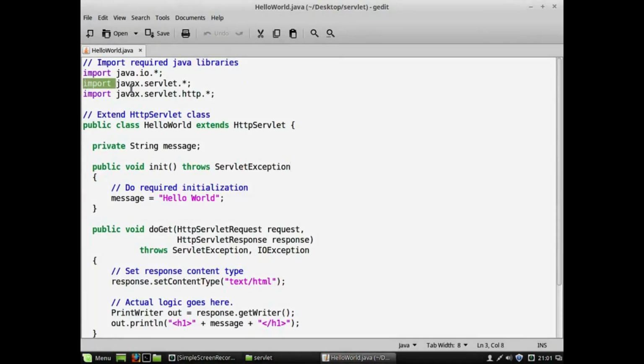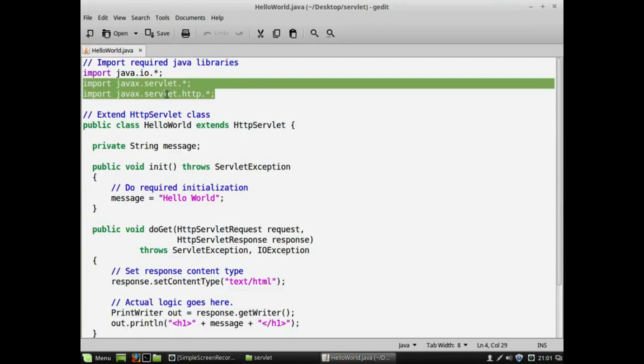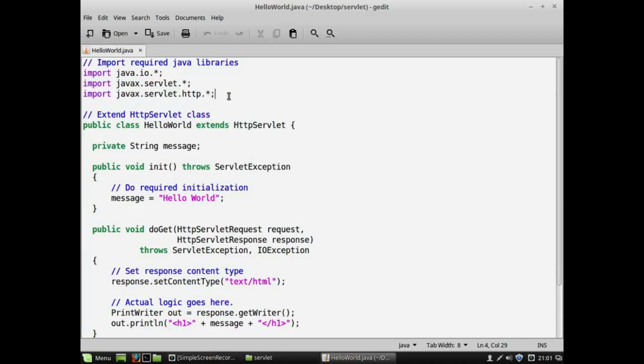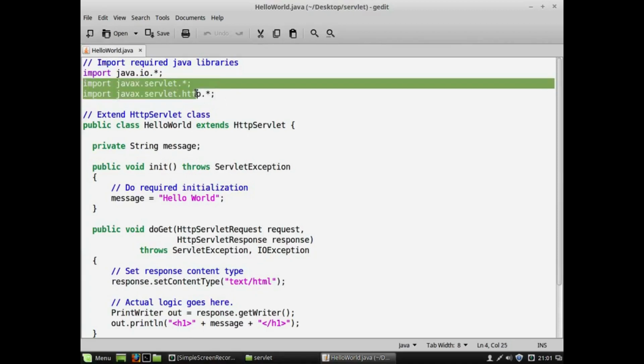Okay. Right. Let me compile this particular file. Before compilation, you can see these two packages, javax.servlet and javax.servlet.http. And it is very important to know that these two packages are not from Java. Java doesn't provide these two packages. So these two packages are from Apache Tomcat. So we are importing these two packages in our program. Java doesn't have these two packages, so some jar file from Apache Tomcat has to provide them. Otherwise we cannot include these two packages.